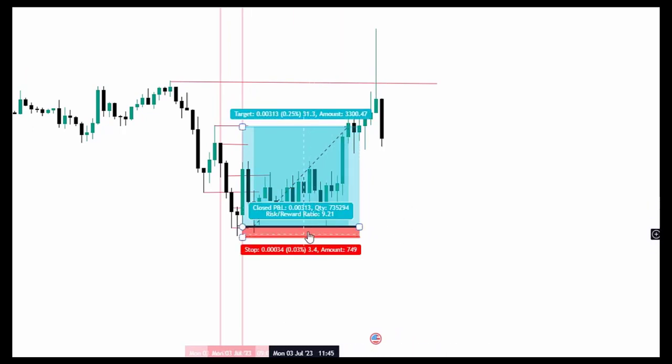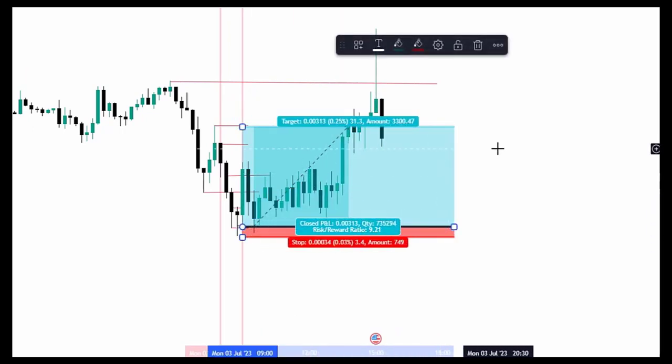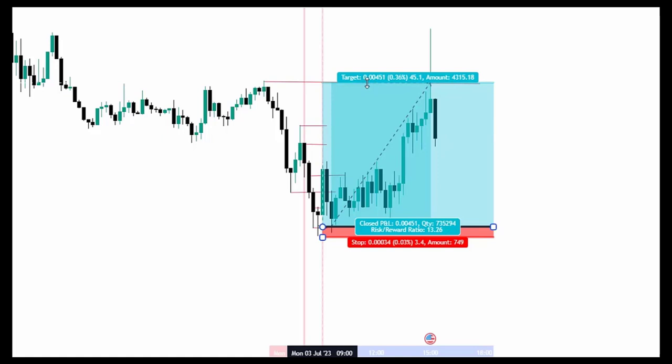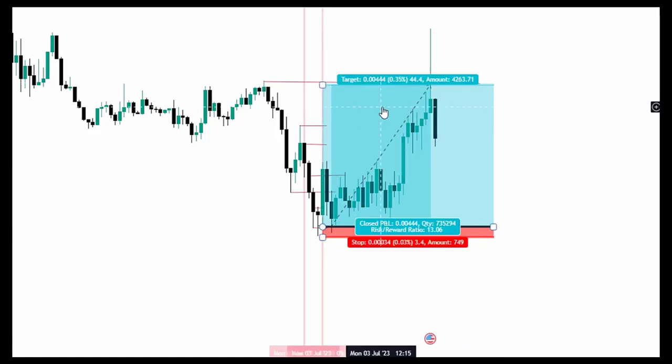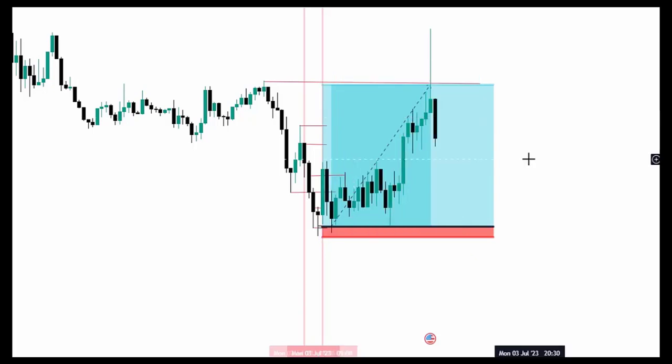As you can see, price eventually hits our take profit. Like I said, you can also target this point. So this is a very good strategy because it has a very high reward risk ratio. So all you need to do is follow the steps, and you are good to go. I'll be sharing another example with you guys